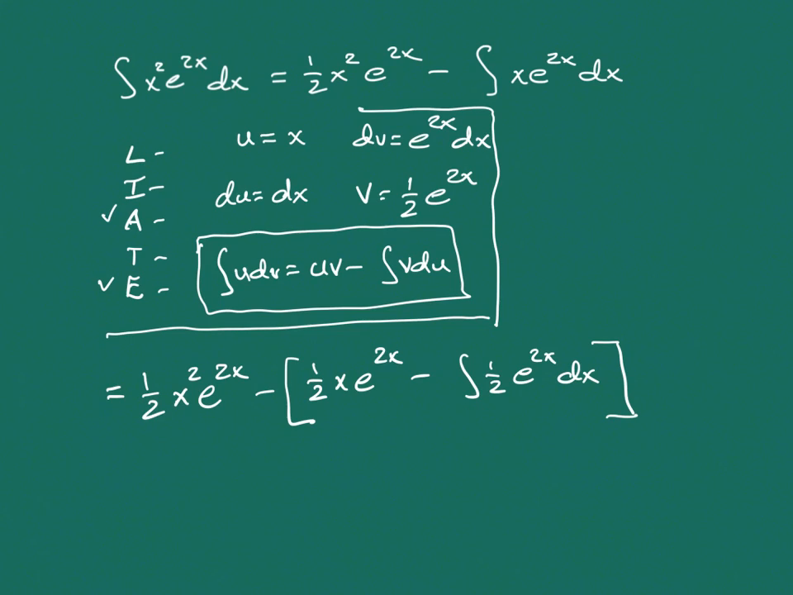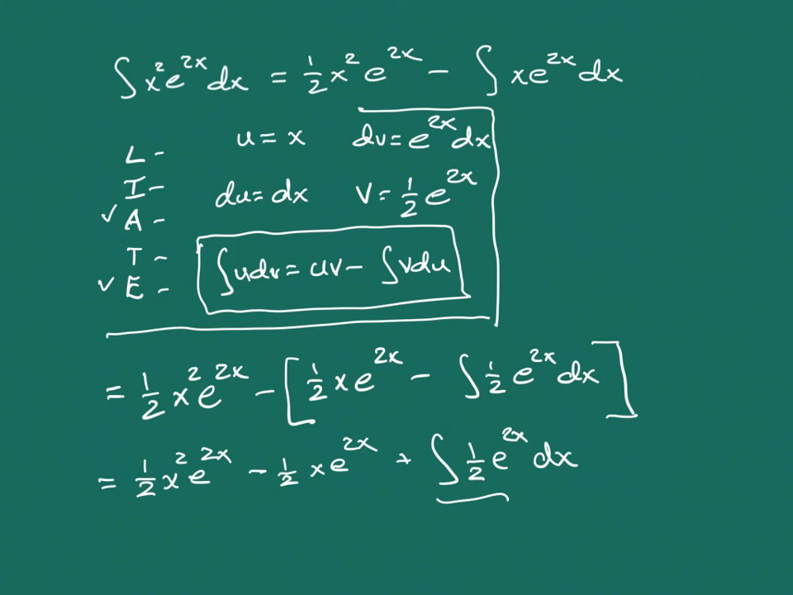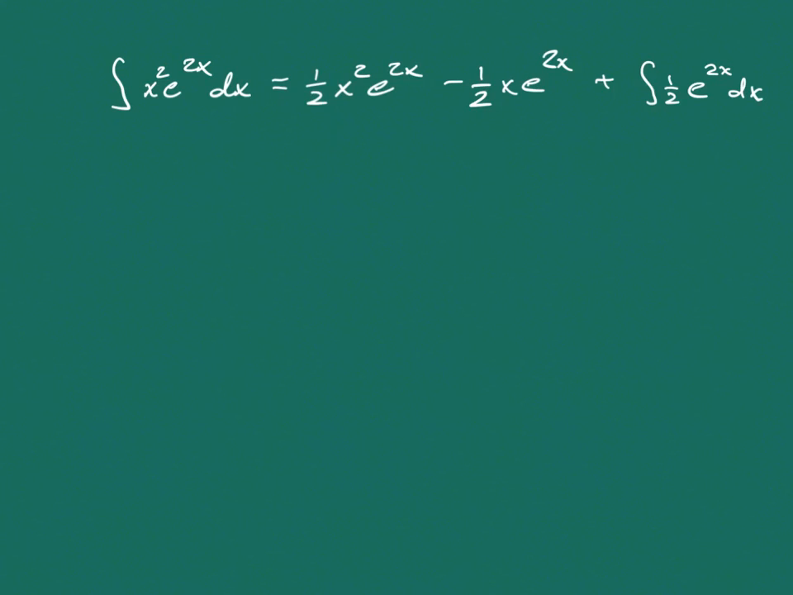So let's keep this going a little bit so that we've got our 1/2 x squared e to the 2x minus, if I distribute that, 1/2 x e to the 2x. Minus and minus becomes a plus, my integral of 1/2 e to the 2x dx. And so now, as my last step, I just have this integral to evaluate, which gets us to simplifying our last integral. And so for that step, we don't need integration by parts anymore. So we've got our 1/2 x squared